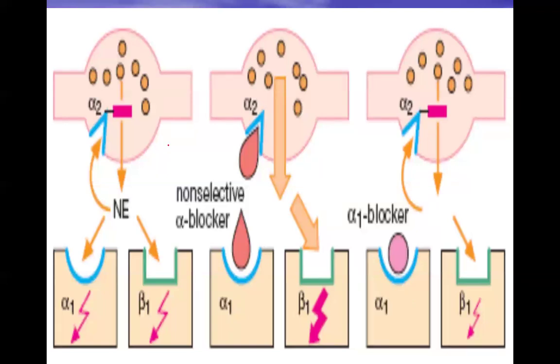Now let's talk about the location where these receptors are present and how they are selective or non-selective. This is the presynaptic cell, where we have the synaptic vesicles. The alpha 2 receptor is present on the prejunctional cell, and the postjunctional receptors are alpha 1 and beta 1, where norepinephrine binds selectively. A non-selective alpha blocker will bind to both alpha 1 and alpha 2, whereas a selective alpha 1 blocker will only block the postsynaptic receptor, and the presynaptic receptor would be open. So this would even block the negative feedback,